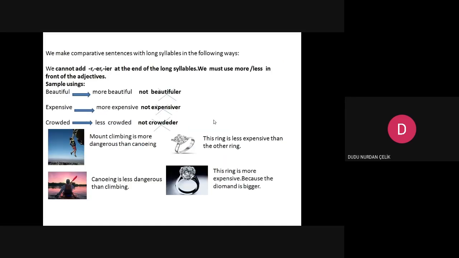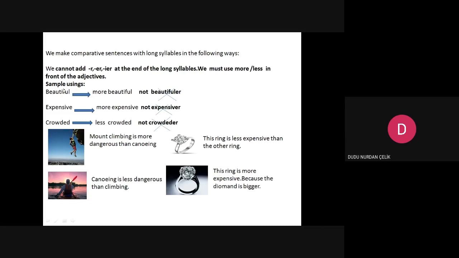Okay, now let's look at this page with the long syllables. We make comparative sentences with long syllables in the following ways. We cannot add R, ER, IER at the end of the long syllables. We must use more or less in front of the adjectives.